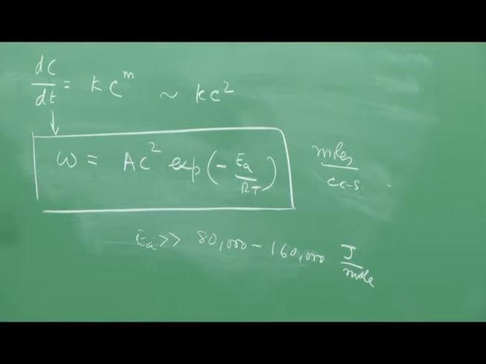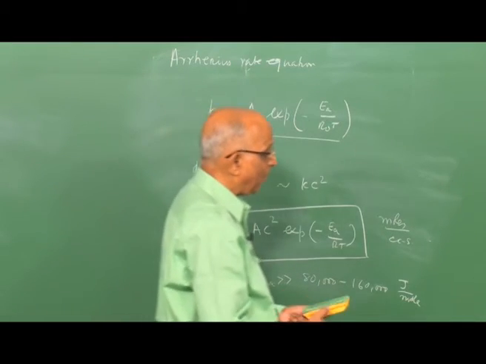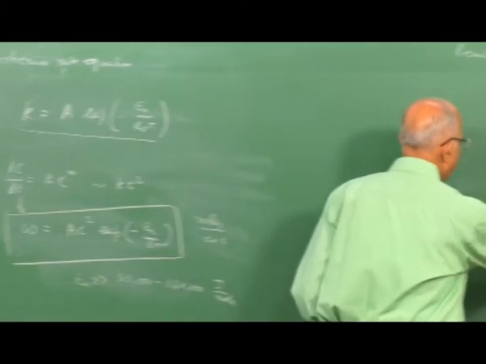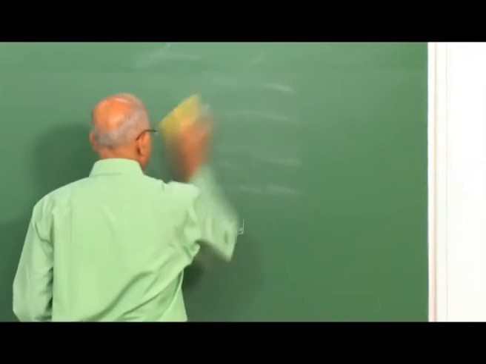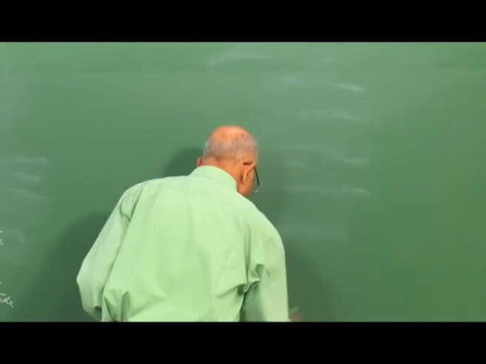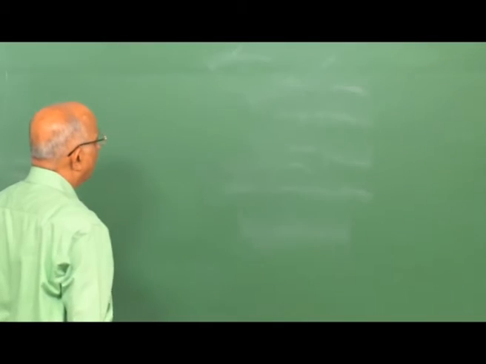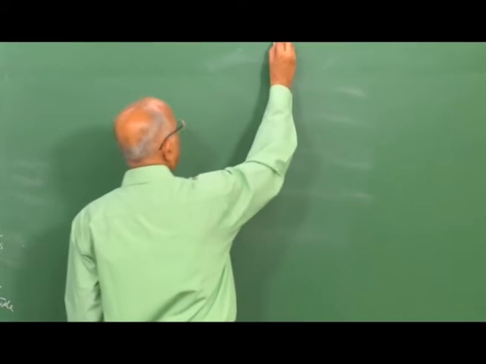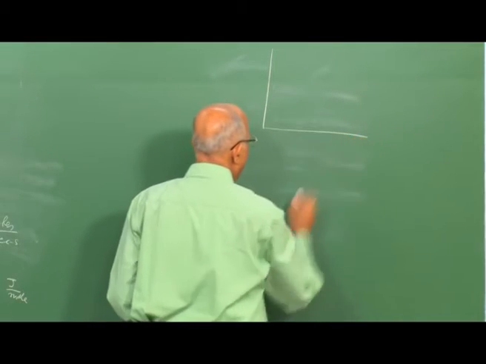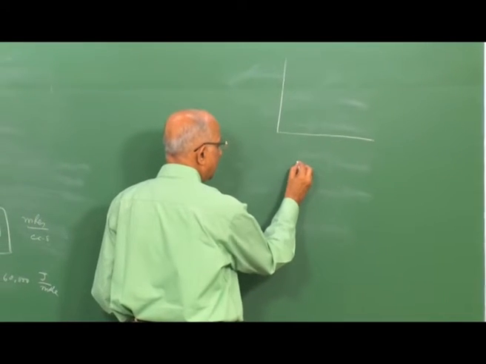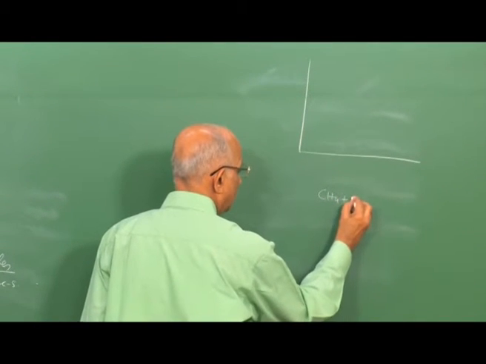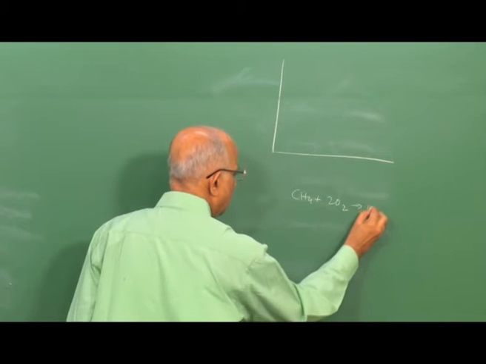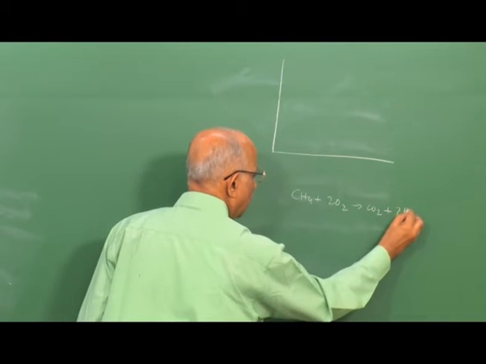But I have not told why some activation energy is required. We looked at the example, we said, well, I need to activate something. Let us try to put it graphically down. Let us say we go back to the example of methane. Let us say we have methane CH4 plus oxygen 2O2 giving me CO2 plus 2H2O.